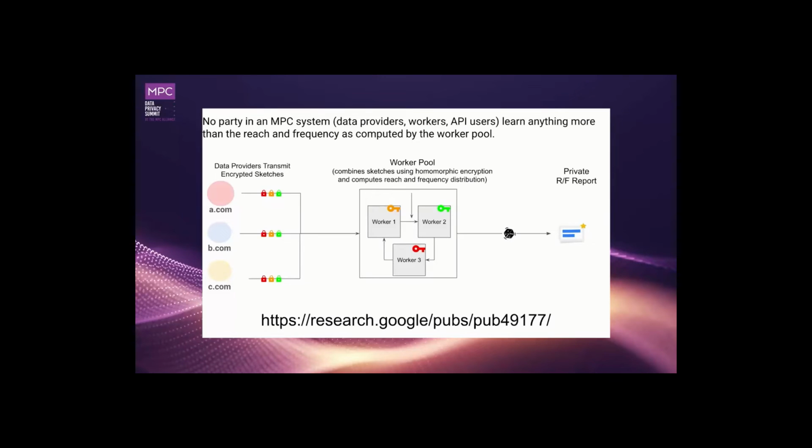But we can guarantee that the final outputs have the differential privacy noise necessary to guarantee the privacy requirements, and do so in a way that we only need to add the noise once. So the noise doesn't add up multiple times, which means we have a much stronger utility of the system. And there's a link at the bottom that you can follow to see more details on how this particular MPC